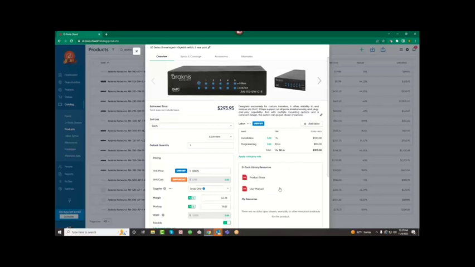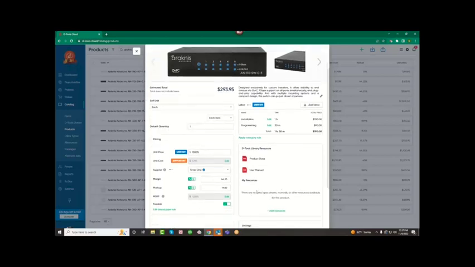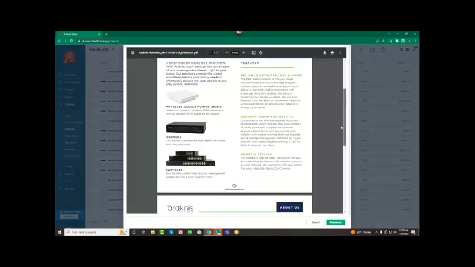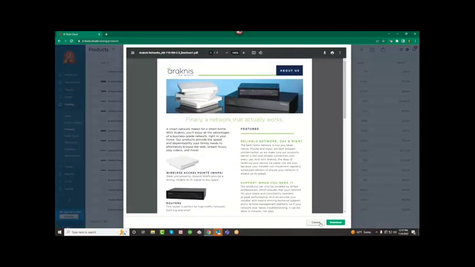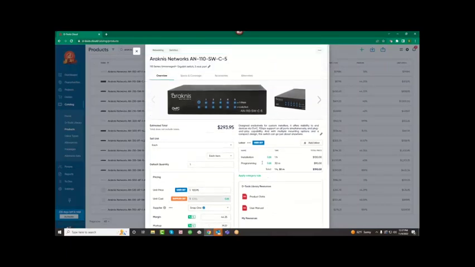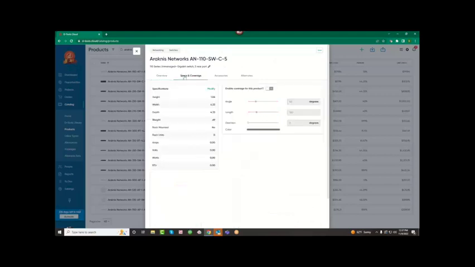And then in our catalog, we're also going to be providing you with additional resources, right? So if the manufacturers provide any user guides, cut sheets, PDFs, we want to add that content here. Our proposals are multimedia, so your clients can actually engage with this living document and access this content from within the proposal. Okay, just to go through these tabs here really quickly, we're providing the specifications for the products